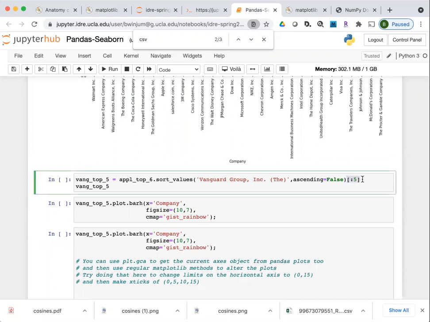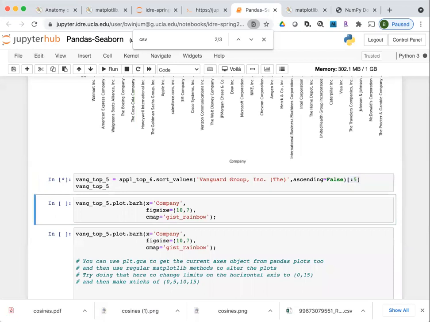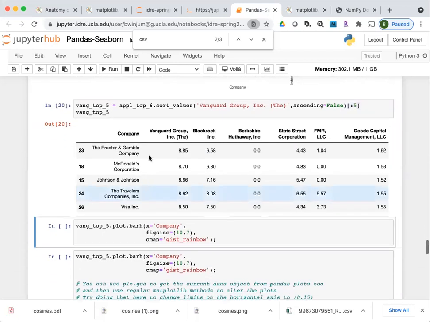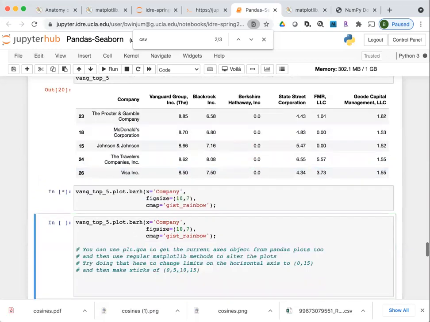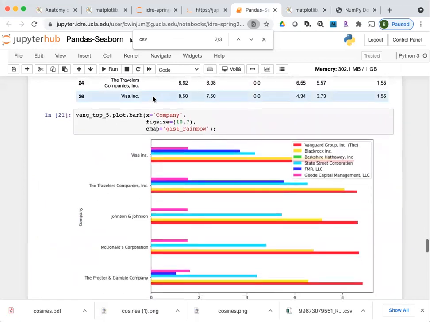And then this takes the top 5, and I assign it to Vanguard top 5 as the variable. This in turn is a new data frame. So since it's a data frame, it also has the plot method. And now I'm calling barh instead of bar. So it plots it as a horizontal bar plot.